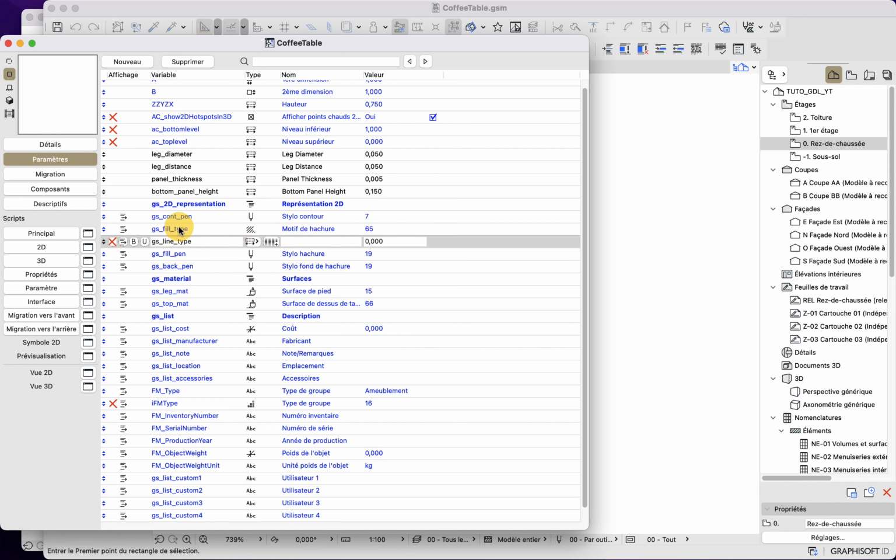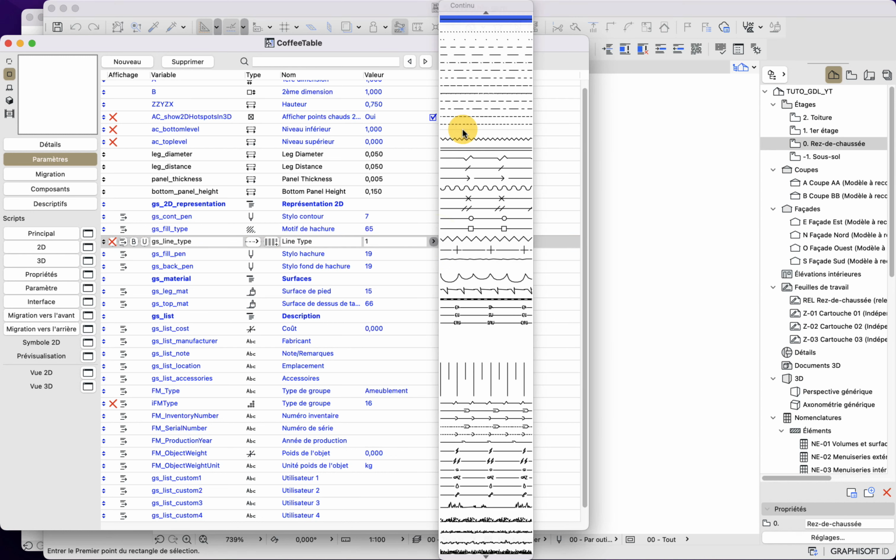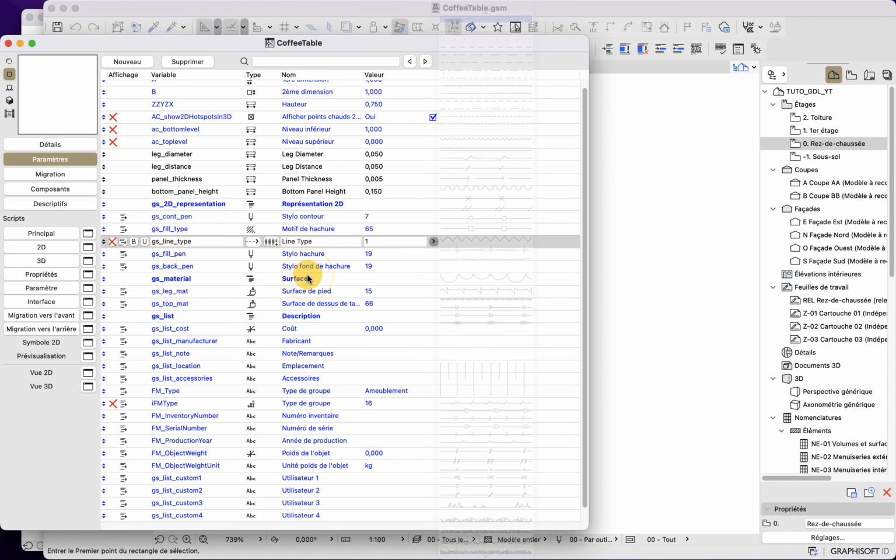I will follow the naming convention for the 2D representation here, GS naming Graphisoft. Here I will choose the line type like this, and I will also give it a proper name, and obviously a default value. The line type number 1 means that it is the continuous line.